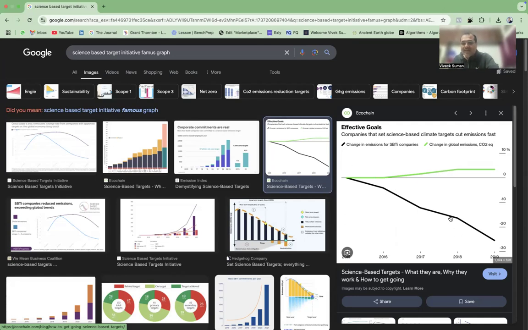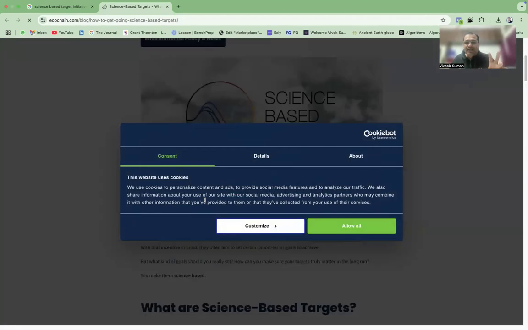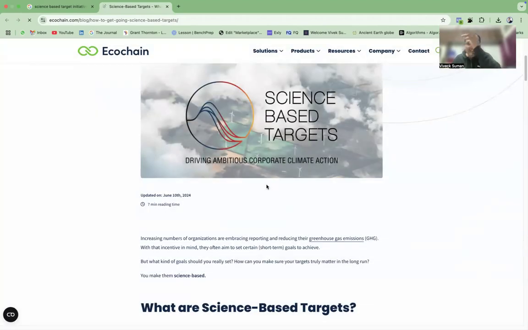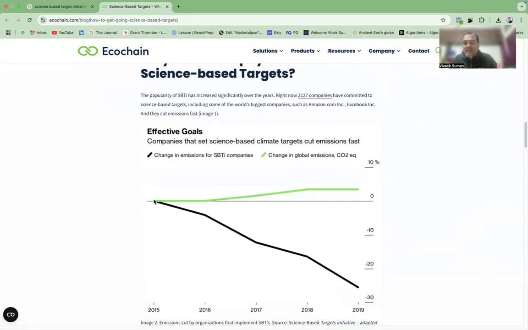In SBTi you will always find such a graph. The graph on the right-hand side is the graph you will always find. There are different scientific models. If I go to the SBTi website, they will show you that graph clearly. What is this graph? It shows that if change in global emission happens, this is the line I will still follow. This is their target, starting from 2015. If change in global emission happens, meaning we keep it under control, this is the line I will follow,